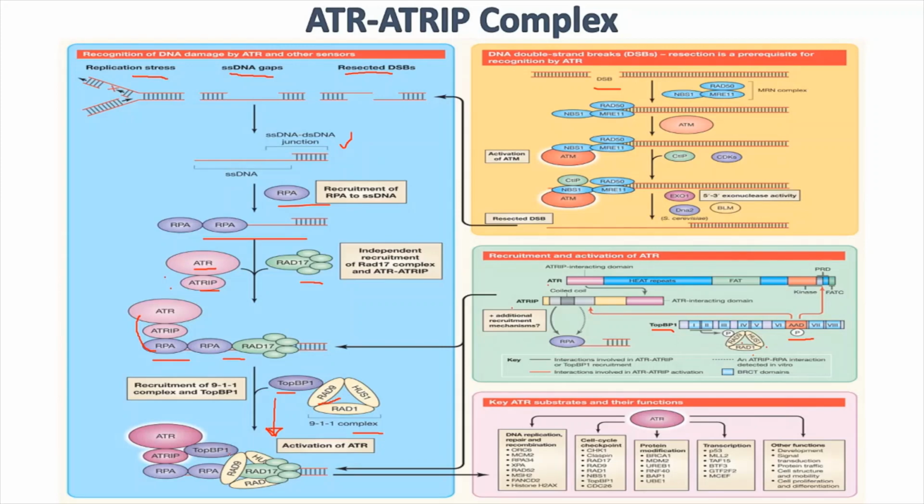And TopBP1 phosphorylates the histone H2B of the chromatin at the site, and that is what helps in positioning of the entire complex at the site, and this leads to the formation of the entire complex, and ATR finally